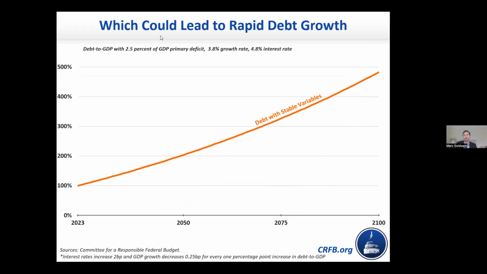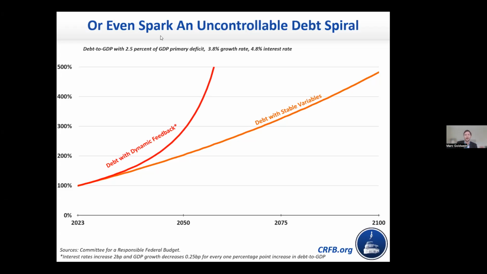This is sort of an illustrative case, but if you imagine that the interest rate is a point above the growth rate with 2.5% of GDP flat deficits, debt is growing forever. Debt is unsustainable. And then if you add in this dynamic feedback, you assume that higher debt means higher interest rates, means higher debt, means slower growth. Debt starts to really hockey stick in the 2050s and 2060s. At some point, it goes from being ultimately unsustainable to being sort of in this debt spiral crisis moment.